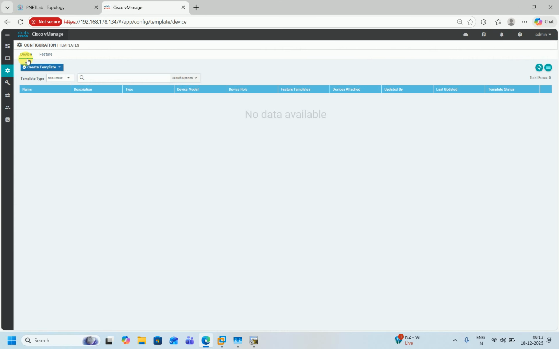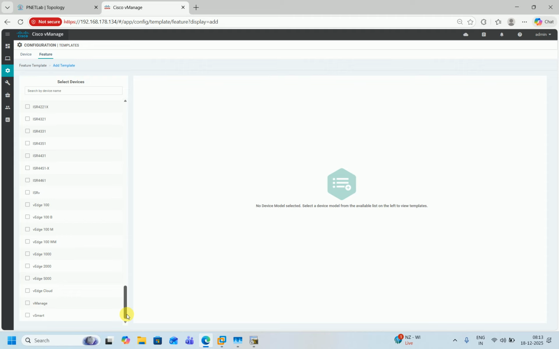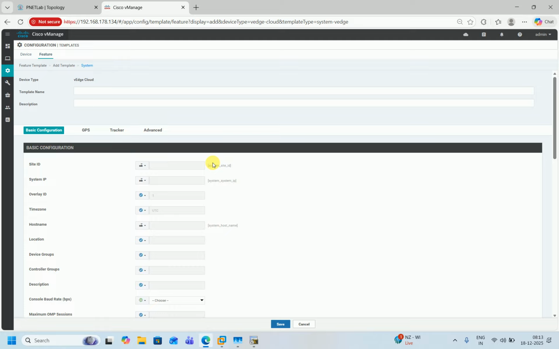First of all, you have to create the feature template, right? Click Feature Template, Add Template, and go down to select the device model for which you want to create a template. Now I'm going to create the system template first, right? So I'm going to give the name